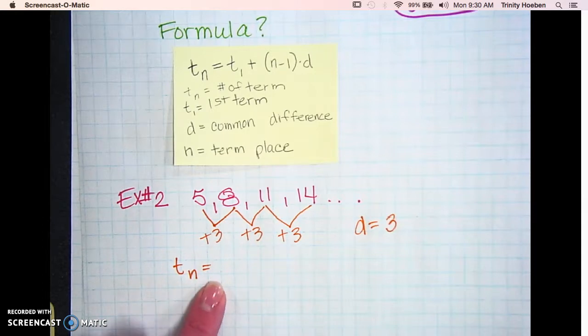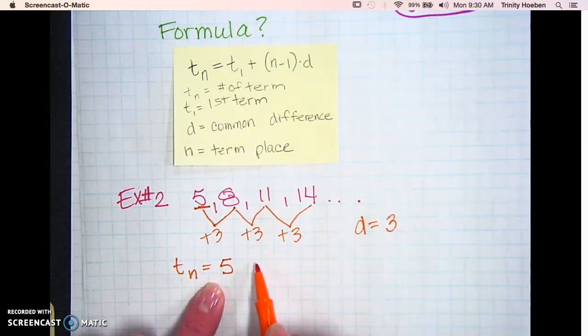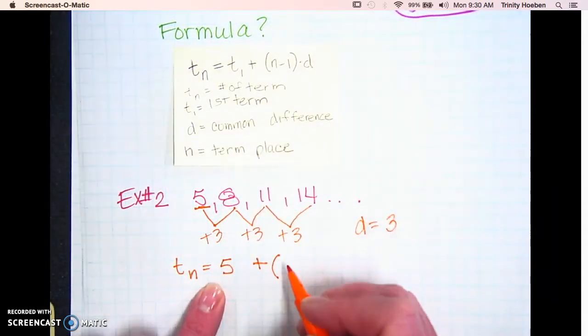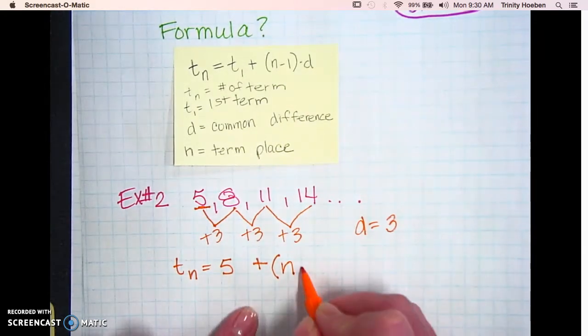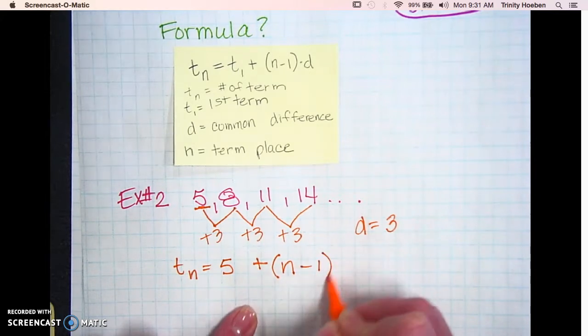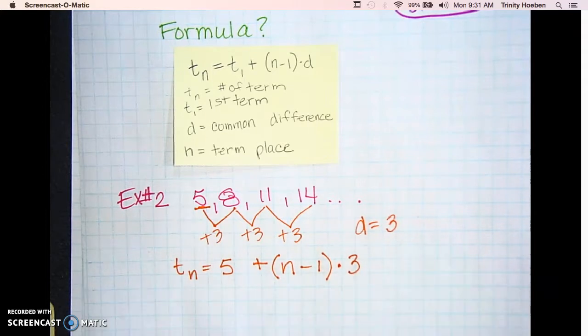Okay? It's going to be equal to the first term. In this case, the first term is what? 5. Plus the term place, so we'll just put an n there for now, minus 1. Times, in this case, we found that D was 3. Okay? So that's our